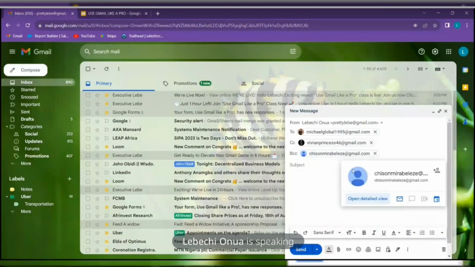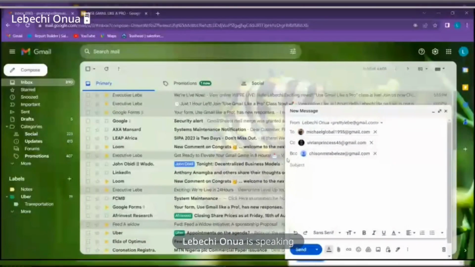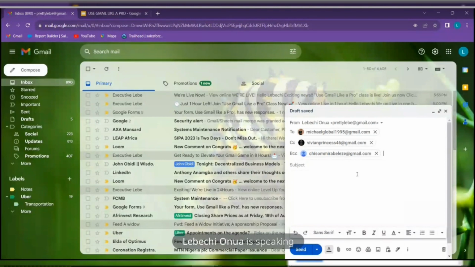So Chisom Mirabel, being a blind copy to this email, would know that Michael and Vivian got the mail, but Michael and Vivian would not know that Chisom Mirabel got the mail as well. So this is great for when you want to attach your boss to a mail. So when we go over to send this email, Michael is going to get the email and he would know